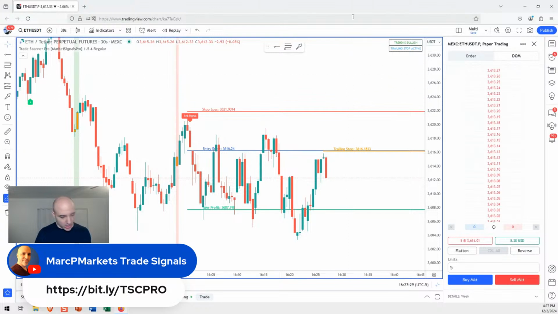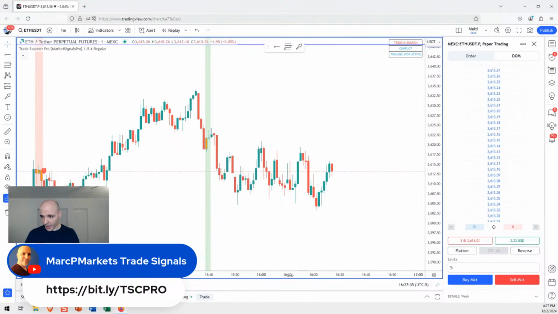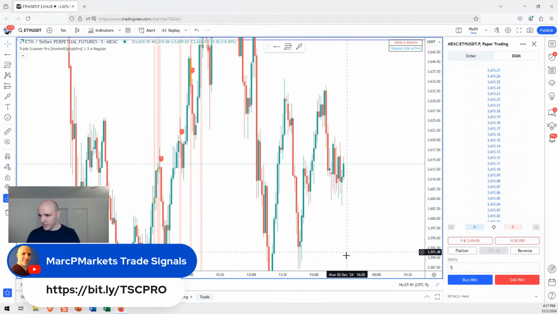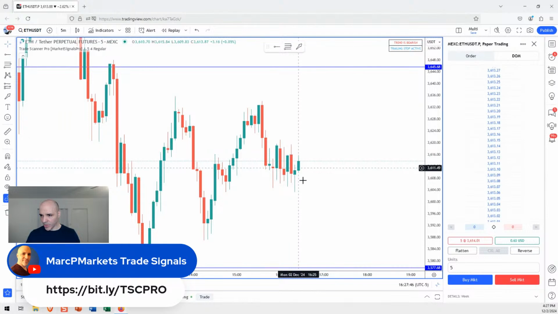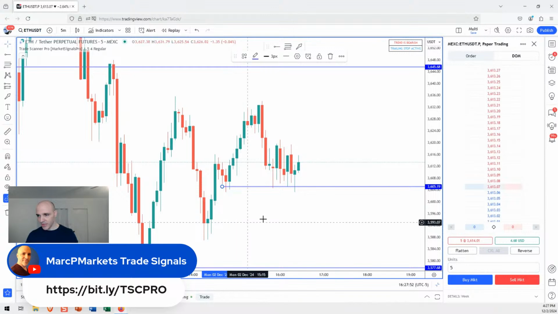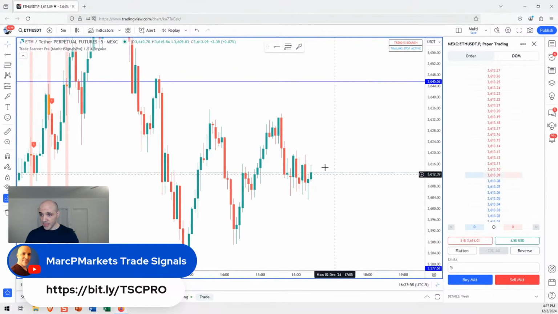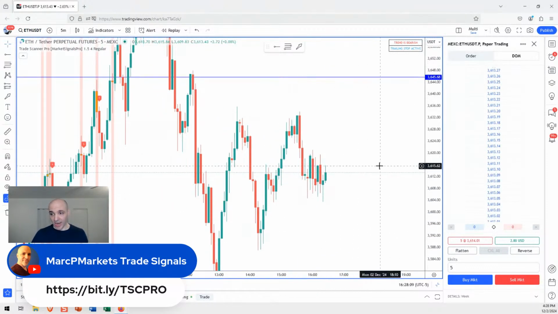So while this is happening, let's just take a quick look at the bigger picture. What's happening? Here's a 1 minute. What's happening on here? Nothing. Look at this. It's just consolidating. How about a 5 minute? Anything happening here? Nothing. I mean, we have this lower high situation. It refuses to break. Look at all these tails on the 5 minute. Interesting, right? Refuses to break. That's the market. Now, does it mean the higher low is going to stick and it's going to go higher? It might. Do I want to go long here? Long is a possibility based on that, but I'm short right now.